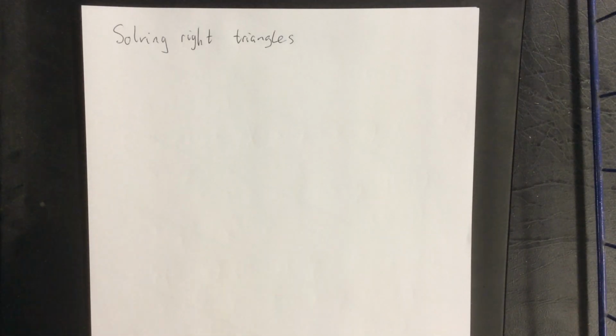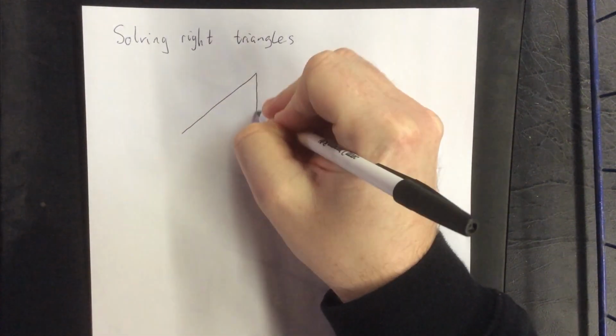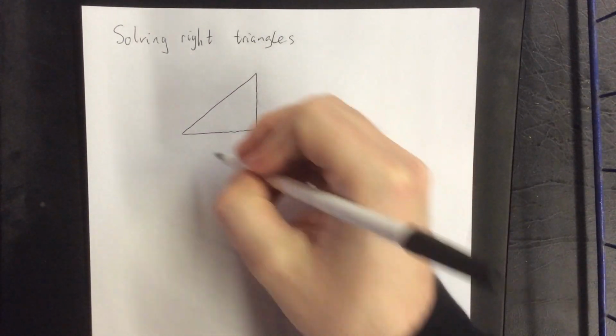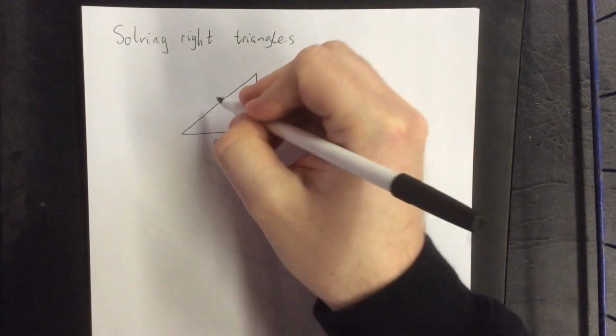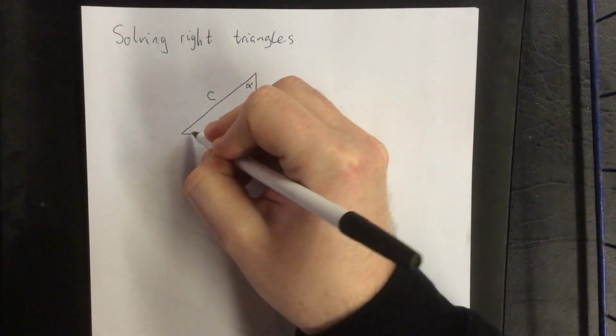In this video, we're going to introduce the technique of solving right triangles. When given a right triangle, there are a total of 6 numerical quantities that we can calculate. They are the two legs of a triangle, the hypotenuse of the right triangle, and the acute angles of a